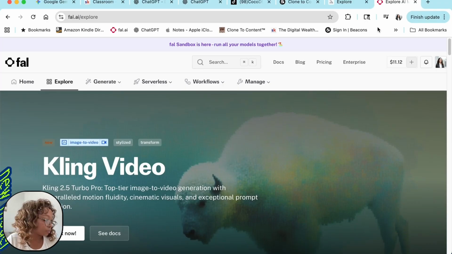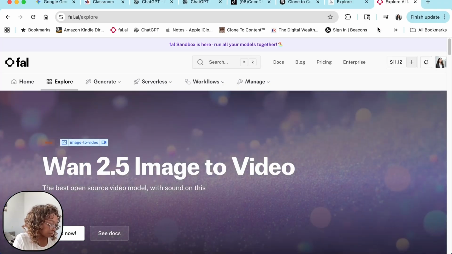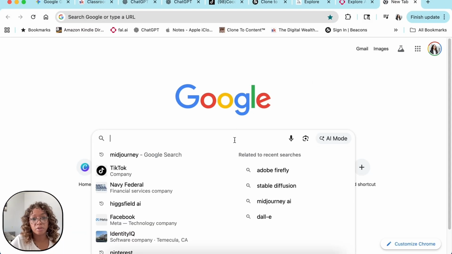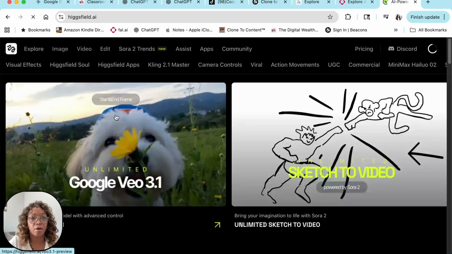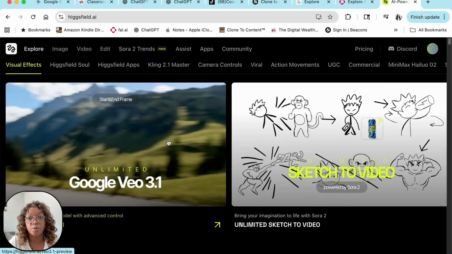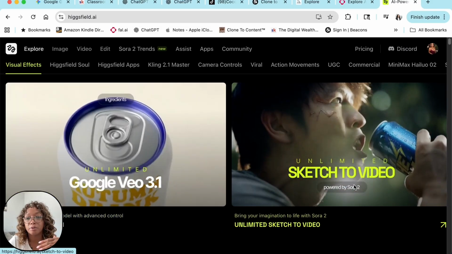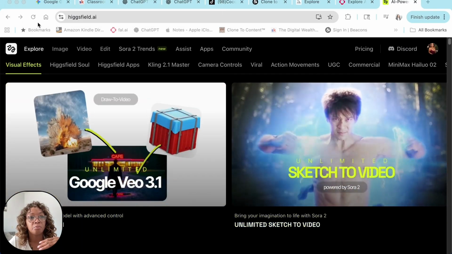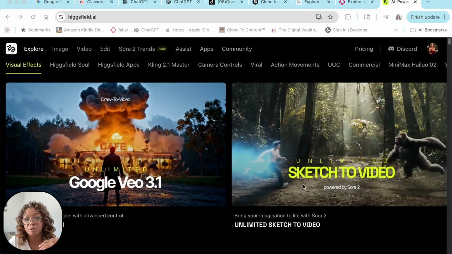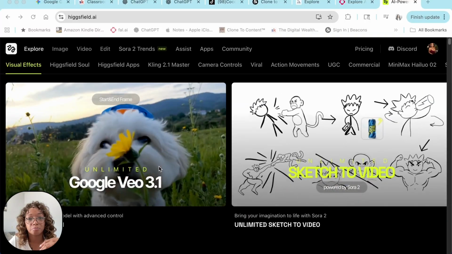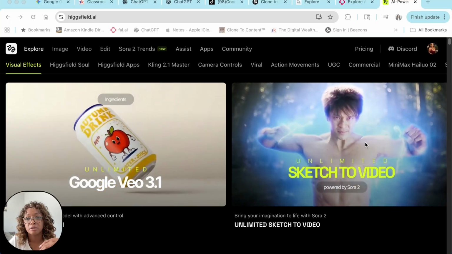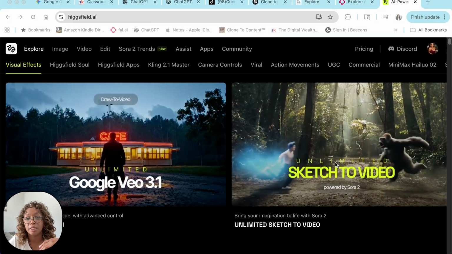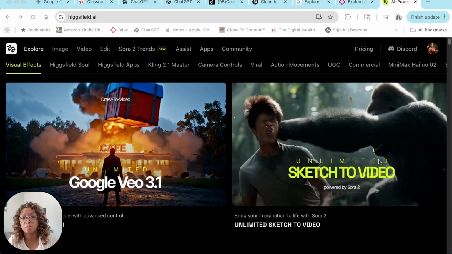All right. So I'm looking at my list. We talked about Kling, and I actually want to go into Higgsfield. That's another one of my favorites because of how good the videos come out when you use it. Look at how real this stuff looks, guys. Move myself out of the way. Look at how real these images are. These are all AI videos. Look at how real this is. Doesn't this look like a Jet Li movie or something? You know what I'm saying?